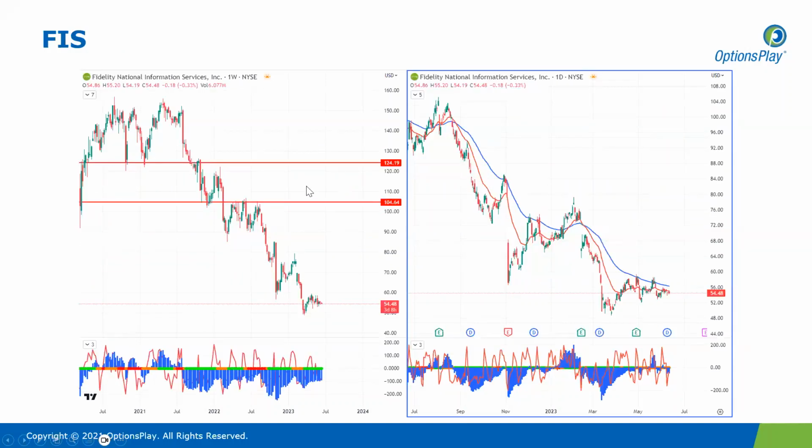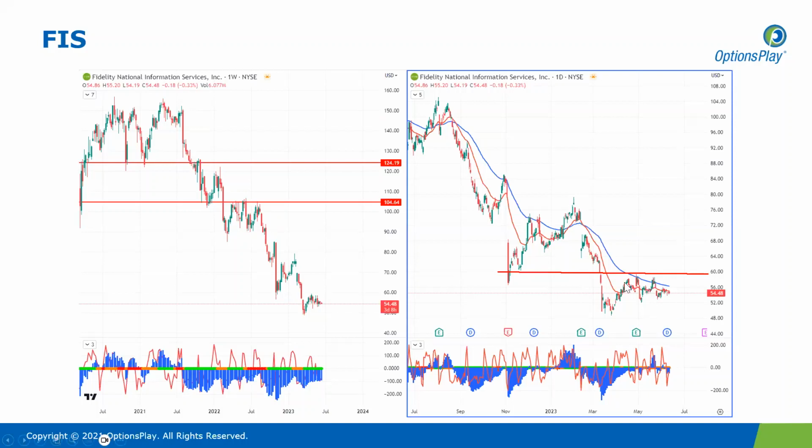Moving on to Fidelity. So Fidelity, a long-term bearish play that we've had. The thesis for this one was, as long as price is below 60, we're good. And this is where your options strategy comes into play, because if you'd used a debit spread, for example, this would not have been a profitable idea, because price has not declined enough to go past the break even, or be a very limited profitable idea.